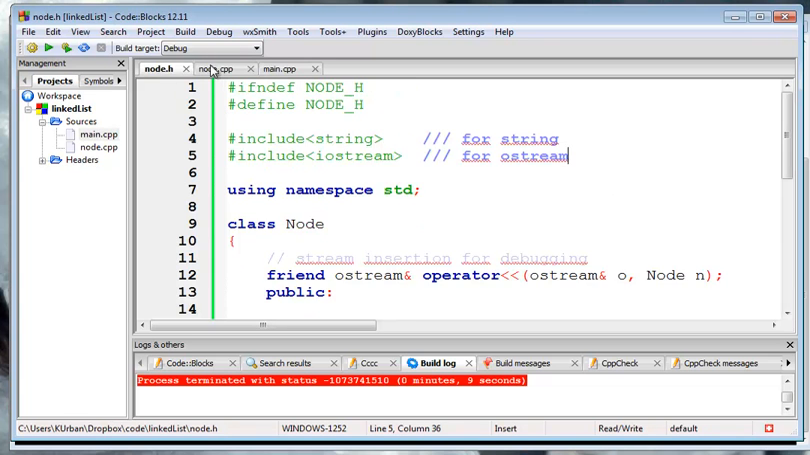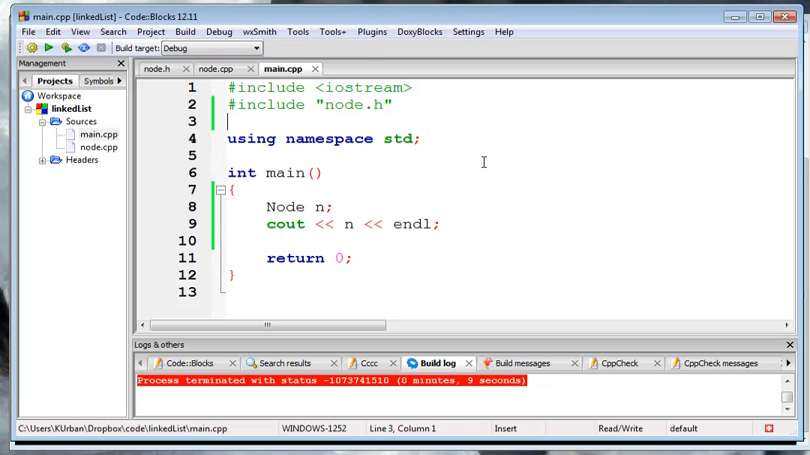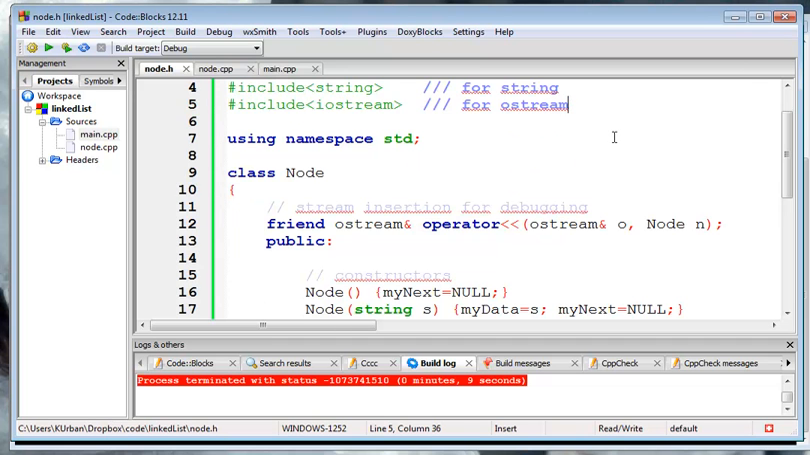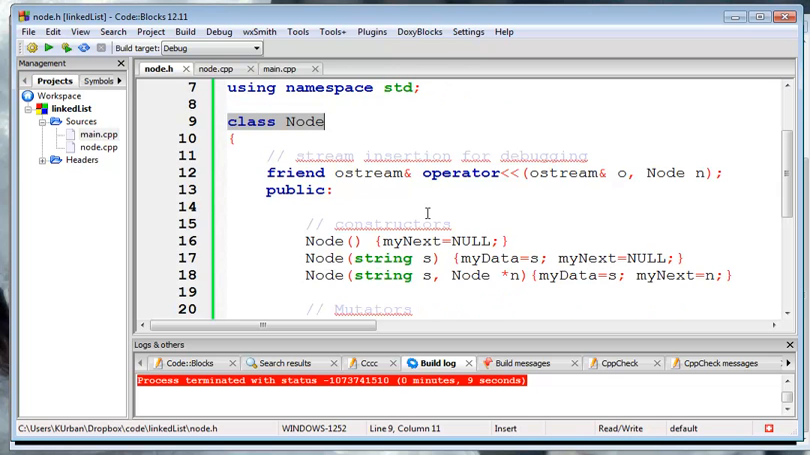We're going to talk a bit about the node part of the linked list. I've already put the node class together, so I'm just going to talk about what's there rather than having you watch me type. So I have this class node, which is in node.h, and I have just a few functions